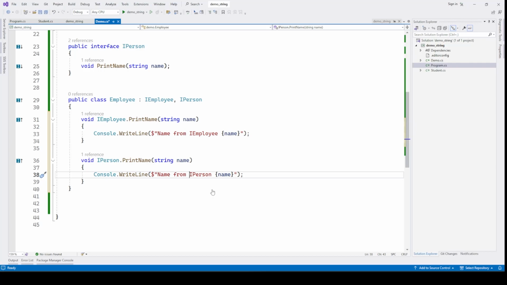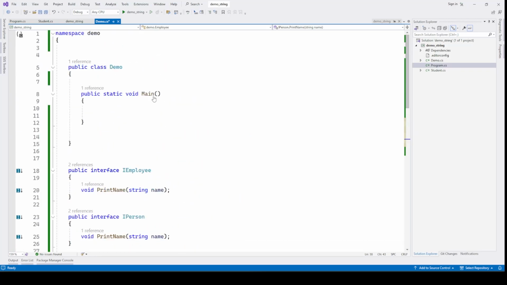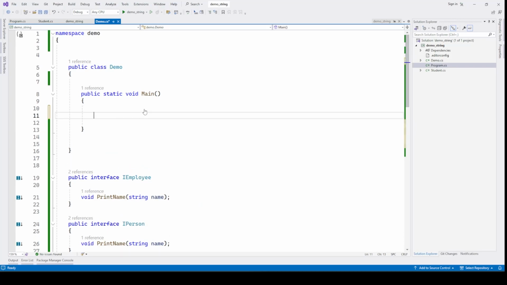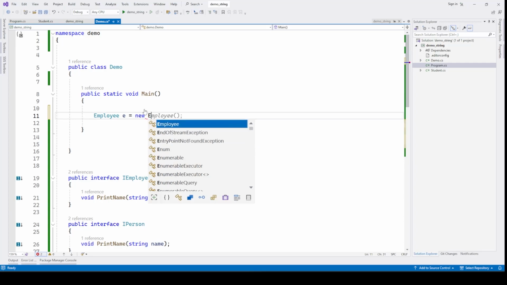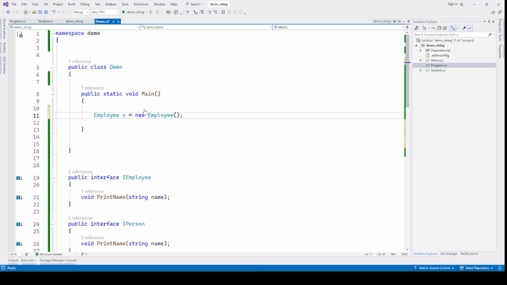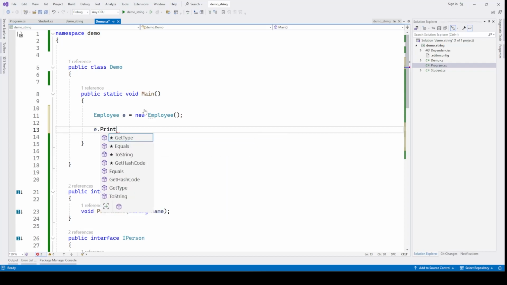So I have provided the implementation and I am just printing a simple console line using the Console.WriteLine method. So let's go ahead and invoke these methods in our Main method. Let's first create an object of Employee class: Employee e = new Employee. And if I try to invoke the method e.PrintName,